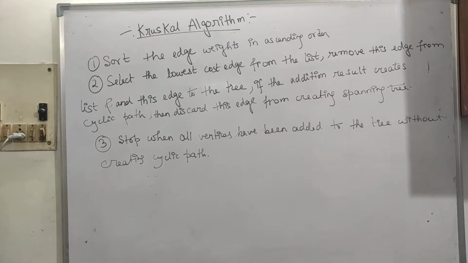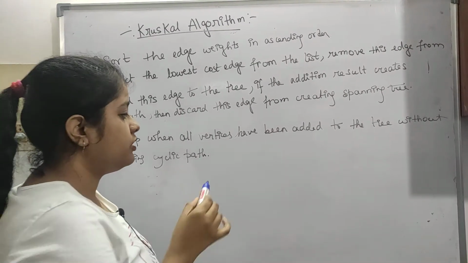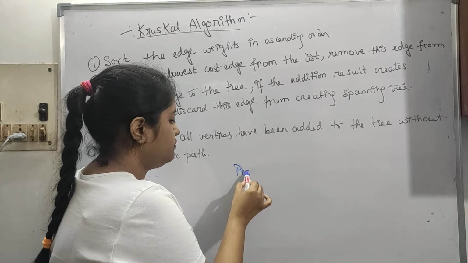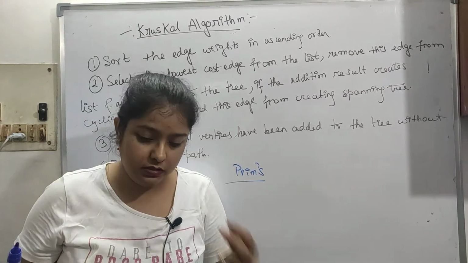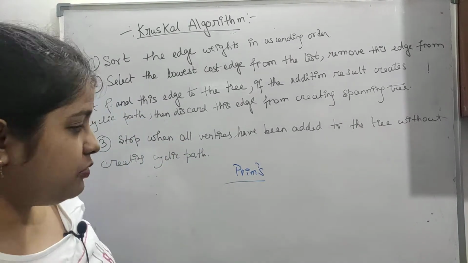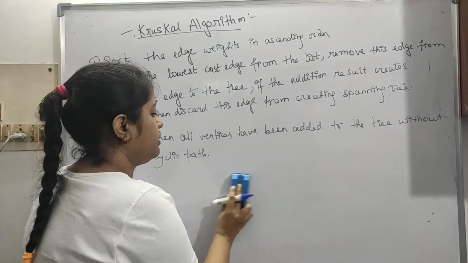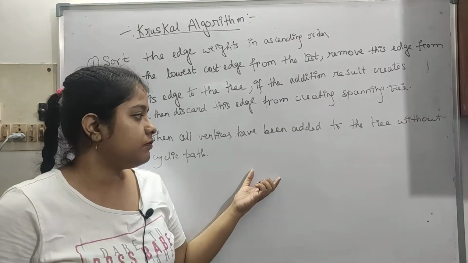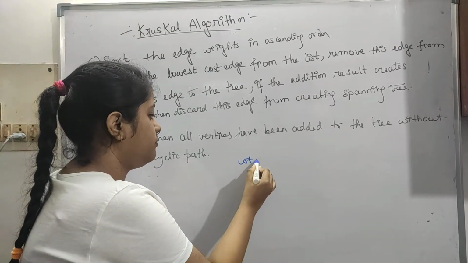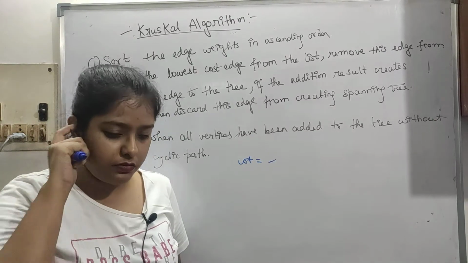So now we have already done Prim's algorithm. I hope you have watched that video, Prim's algorithm, to find the minimum spanning tree. Now the next algorithm to find a minimum spanning tree is Kruskal. Either use this or that, you'll always get the same answer. The minimum weight, you will get the same answer only.